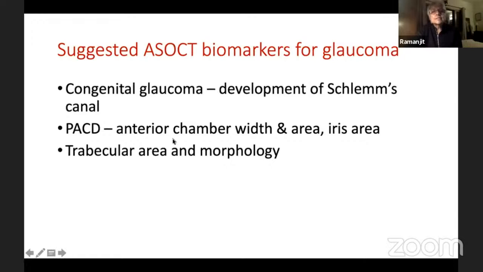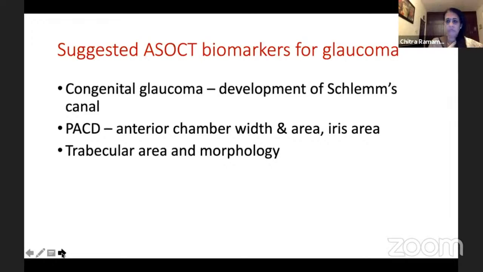In angle closure disease, people are now talking about the anterior chamber width and area and the iris area being more predictive of which eye is actually going into angle closure. Finally, the trabecular area and morphology has now become so well visible that it's almost like doing a histopath of the angle. So I would like to say that anterior segment OCT is not essential in the clinical management of